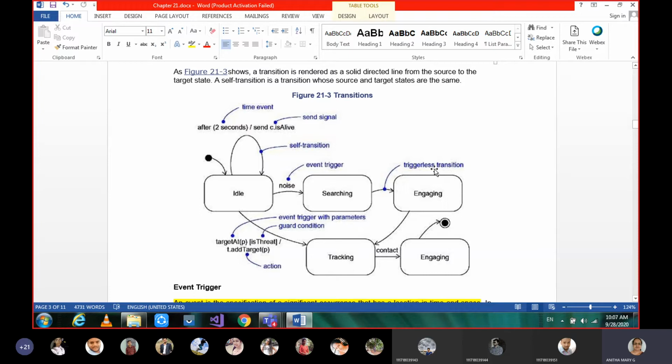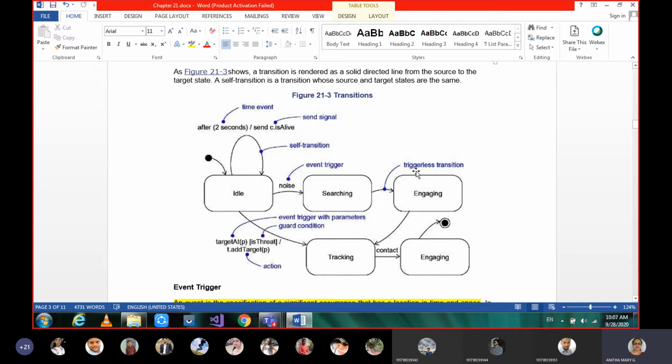If you remember what a triggered transition is, here it's given as triggerless. I'll tell you the difference, please make note of it. A triggered transition means the action performed by one state is not complete, and for its completion the control is transferred to the other state to carry out.